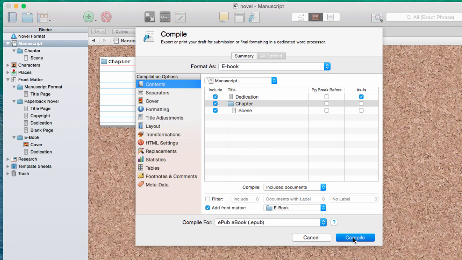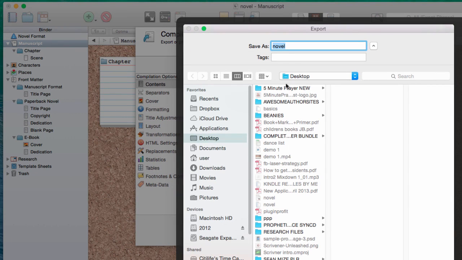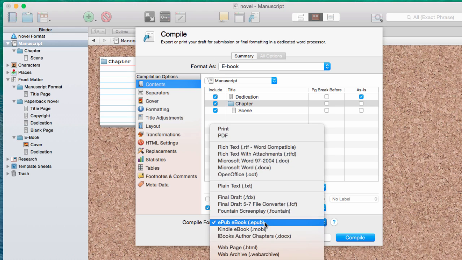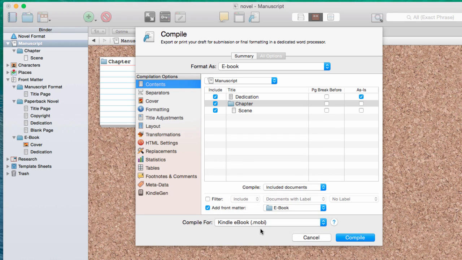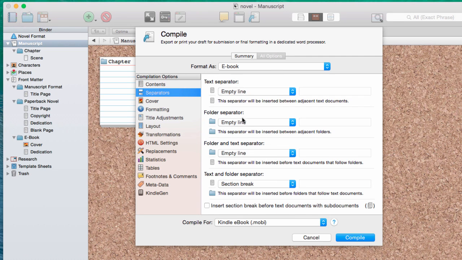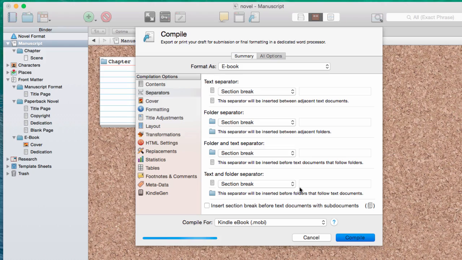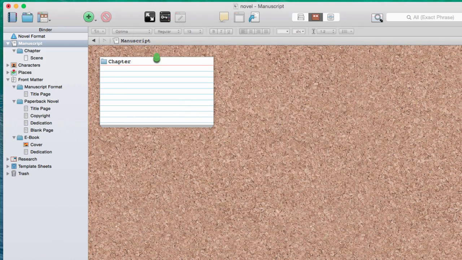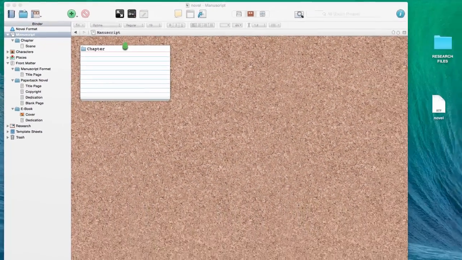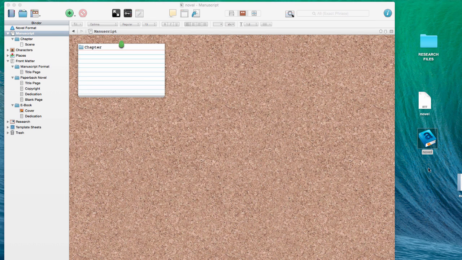Okay, and I'm going to just compile that, let's compile it as a Kindle book, because we'll be able to preview that very, very easily. And on my separators, I want a section break between everything, and we'll just compile this now. Export. Okay, I now have a .mobi file,